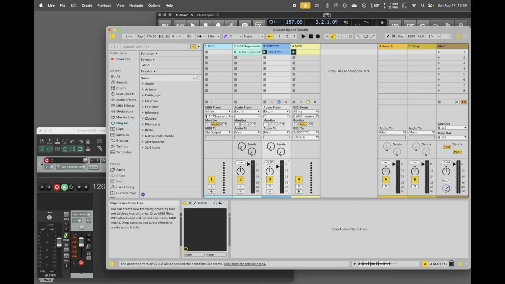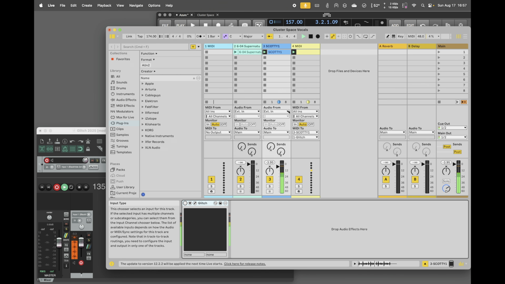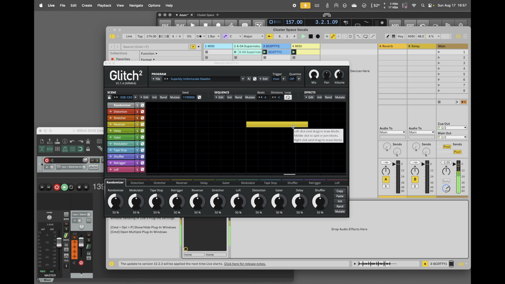So let me show you the old world, and how the developer of Illformed Glitch, how I was using this plugin in the past and how I improved the workflow for myself. What I prepared here in Ableton Live represents the old world. I'm showing you how the developer had in mind to use the Glitch plugin, and then I'll show you what I want to improve. Here is a loop. This is how the loop sounds. It's just a loop, okay, and I enable Glitch. And you see here in Glitch,